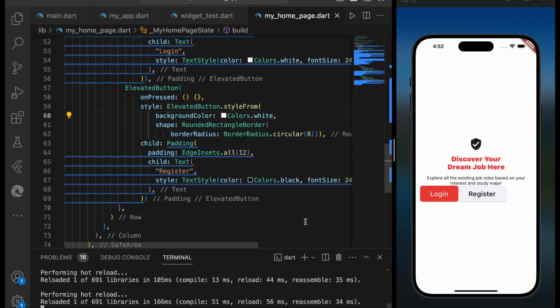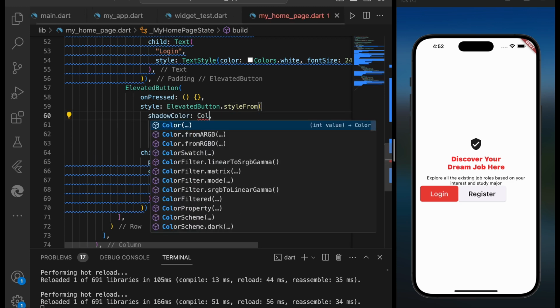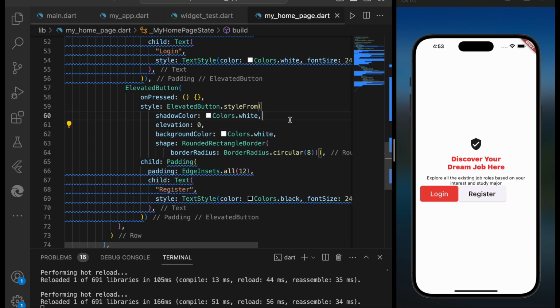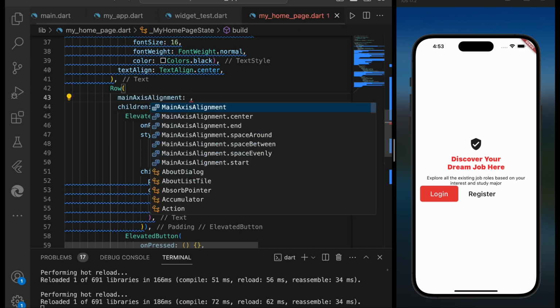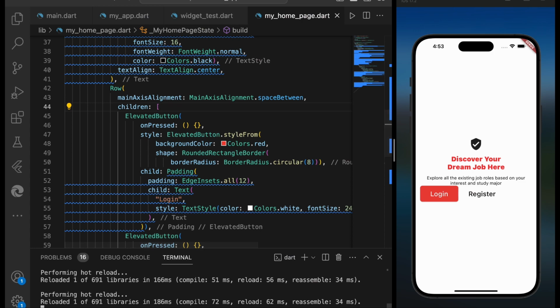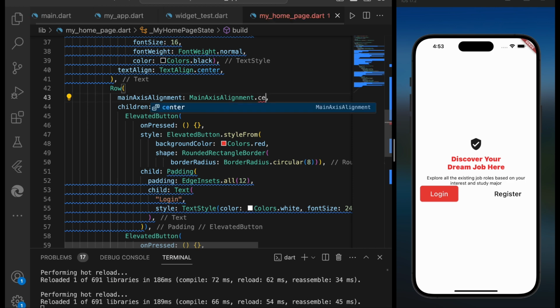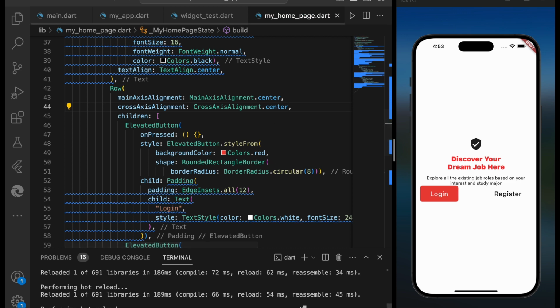The background is white. And then let's leverage something called shadow. Let's make the shadow color white as well. I think there's another thing called elevation. We can make it 0. We have cleaned that up. And then the row, let's center both, or let's say let's space between. If you look at this, let's say we space them between rather. So let me just say let's center cross axis alignment, center. Okay,